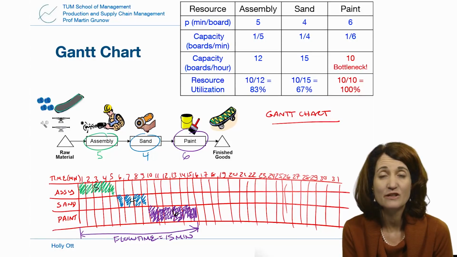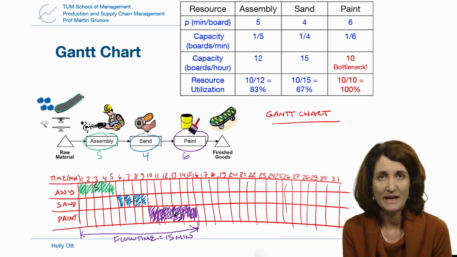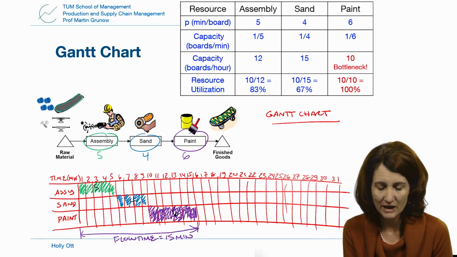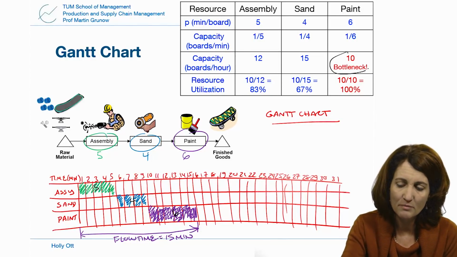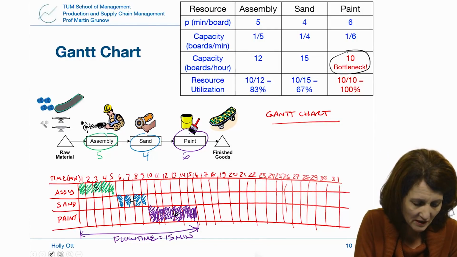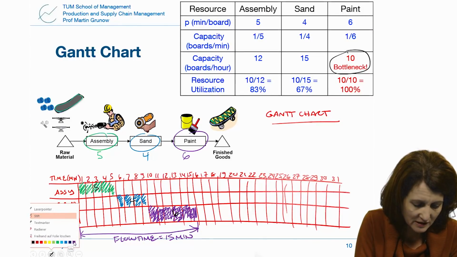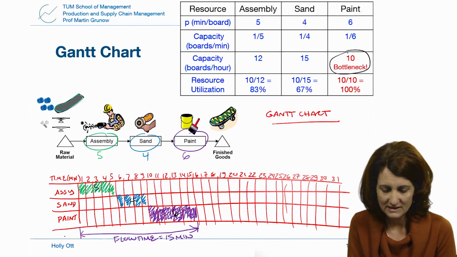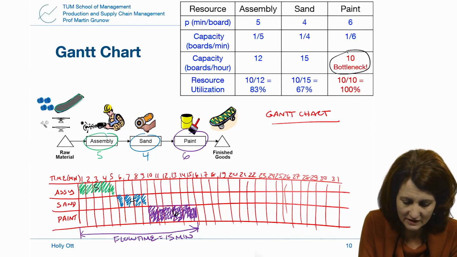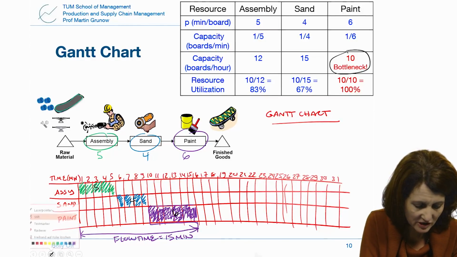Let's go back to this idea of rate, of process capacity. Remember, process capacity is the maximum number of units that you can produce per period of time. And we've said that the process capacity is going to be equal to the capacity of our bottleneck. Now, we also said that this bottleneck better be working all the time. So that means as soon as board number 1 gets finished over here,